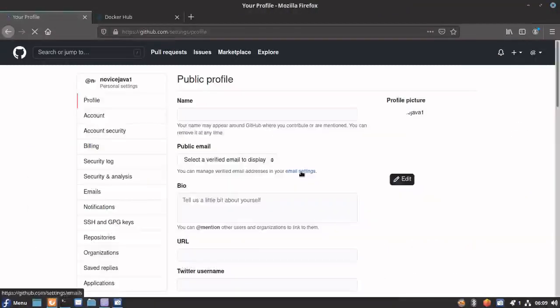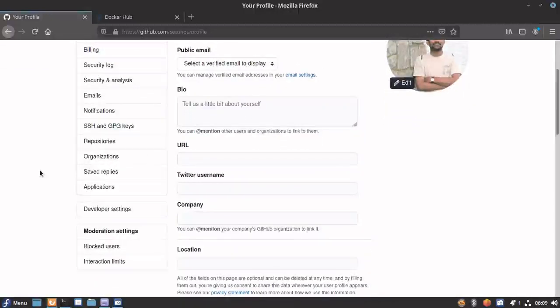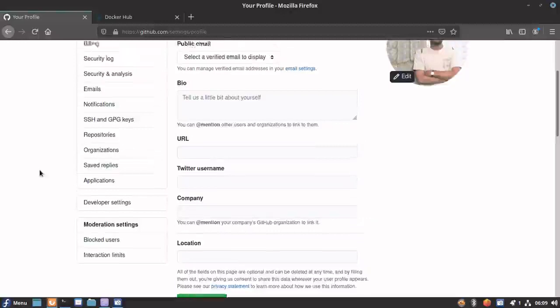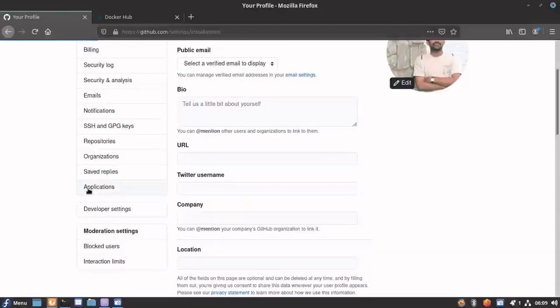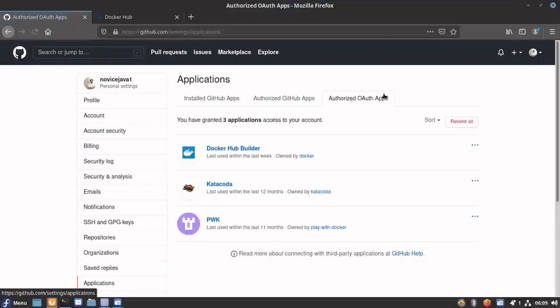Go into the GitHub settings of your profile, go to applications, and under authorized OAuth applications you can see Docker Hub Builder. We have given Docker Hub Builder access to our GitHub repository, so that whenever there is a change in the source code, it will automatically build our source code to create a new image.